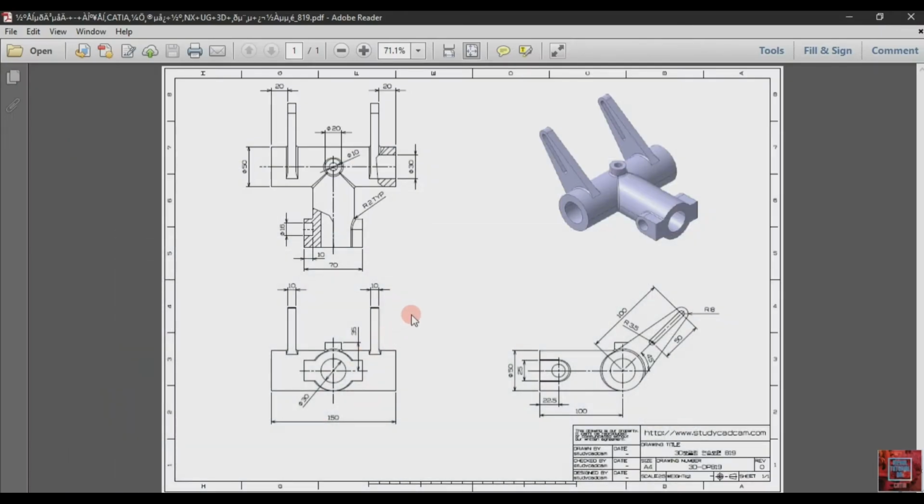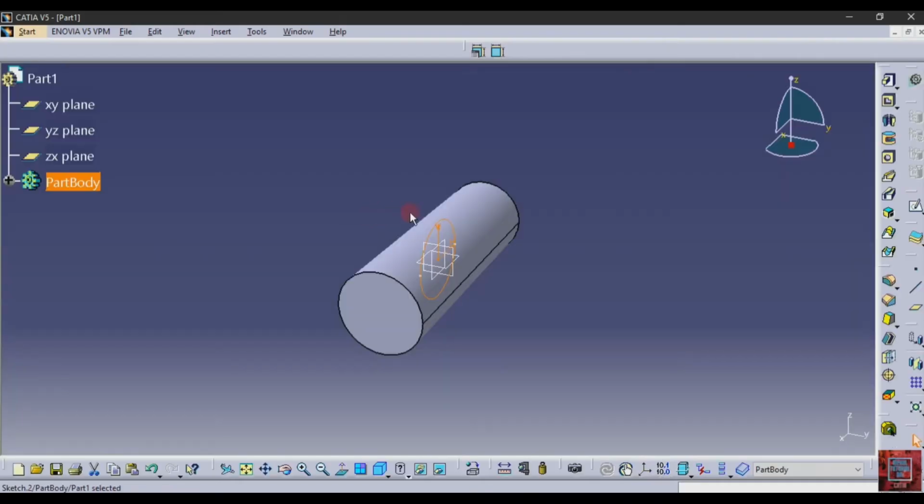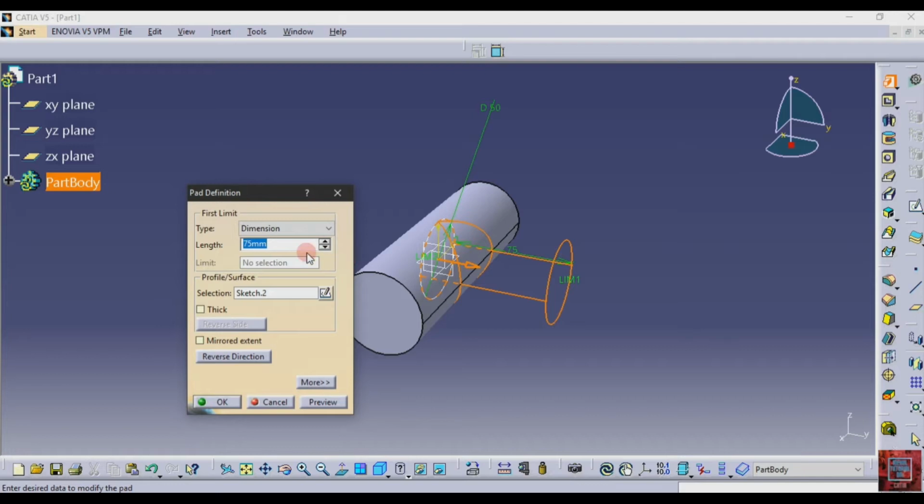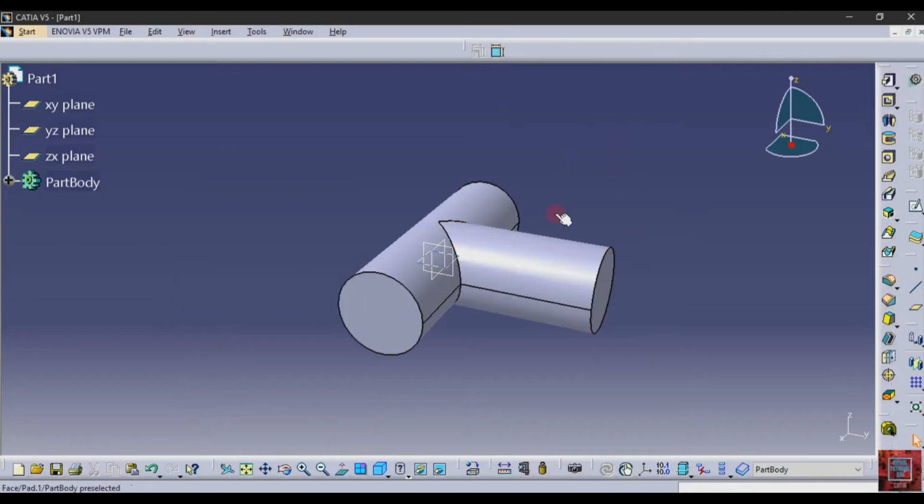Then pad it at a distance of 100. Type here 100. Do not do mirror extend. This side shaft is ready.